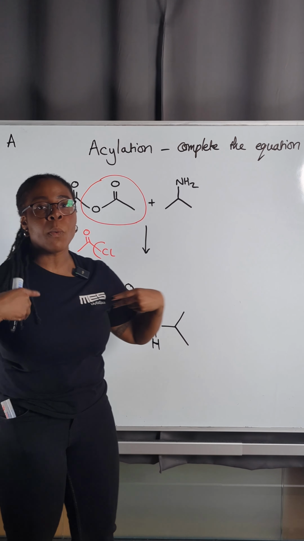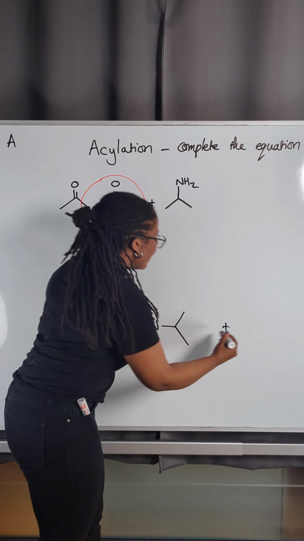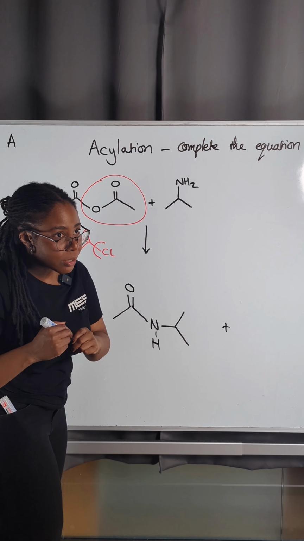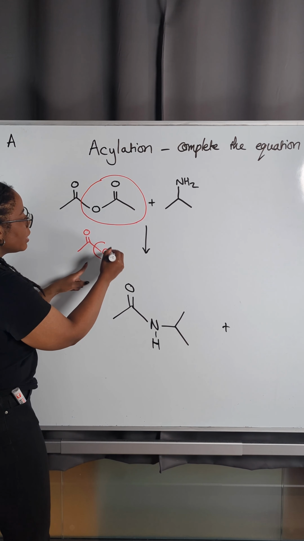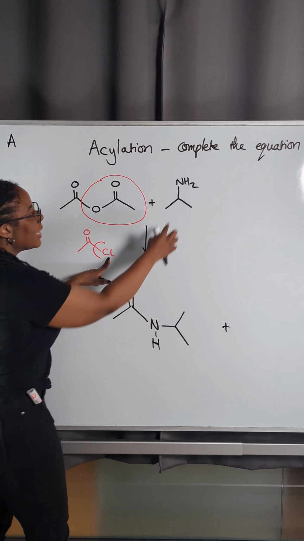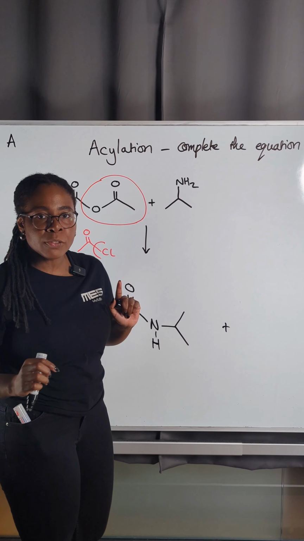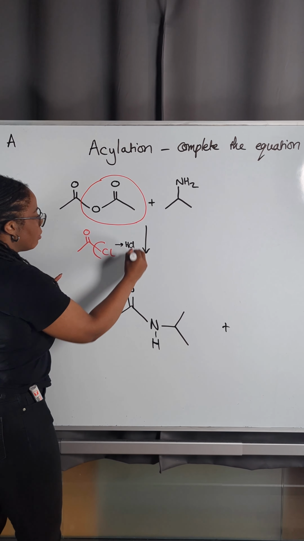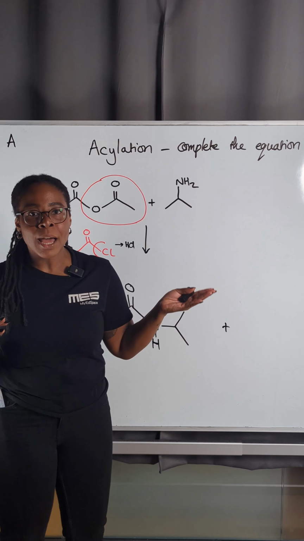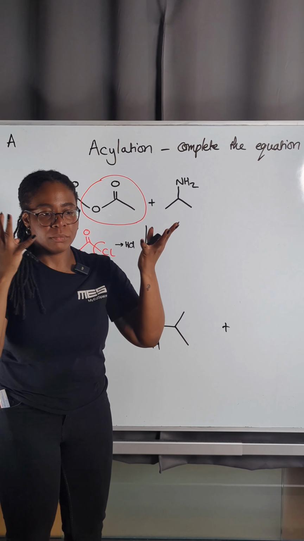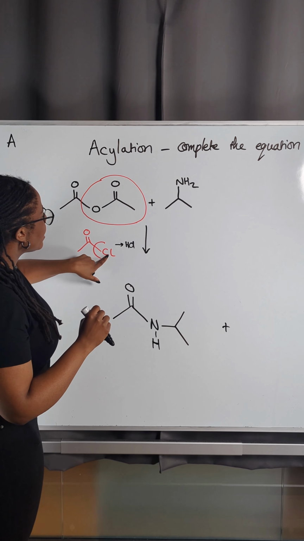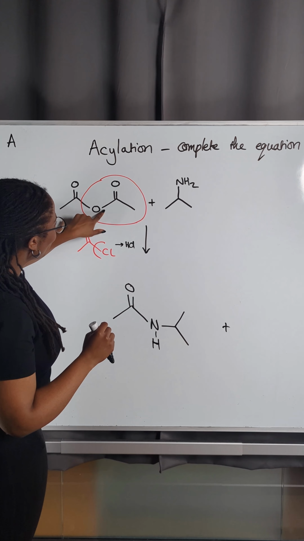Now, in terms of our byproduct, if we were dealing with an acyl chloride, it would be really obvious, right? Because we would have lost the Cl and then we've lost one of the H's from the amine, and so our byproduct would have been HCl. Here, it's a similar thought process, a similar concept, but instead of losing the Cl, we're losing this whole bit,